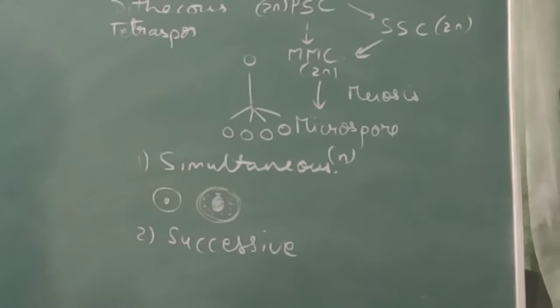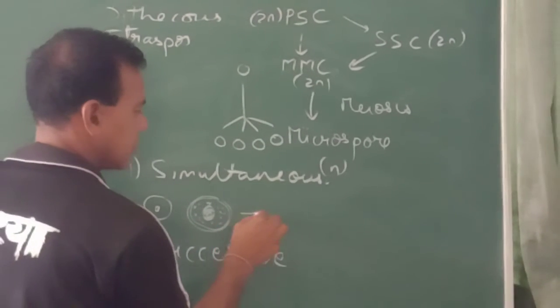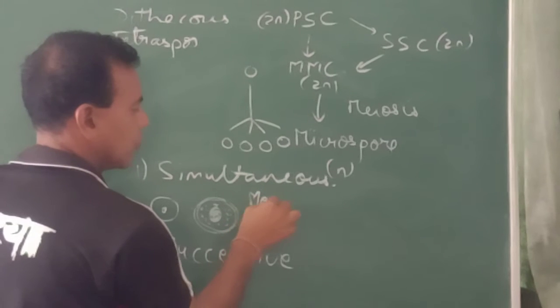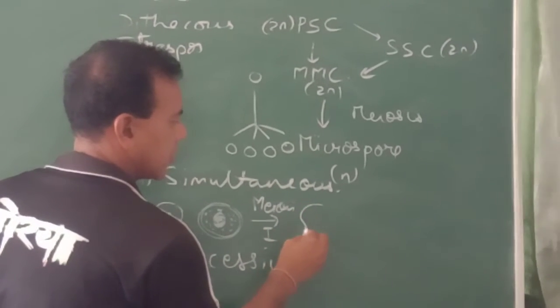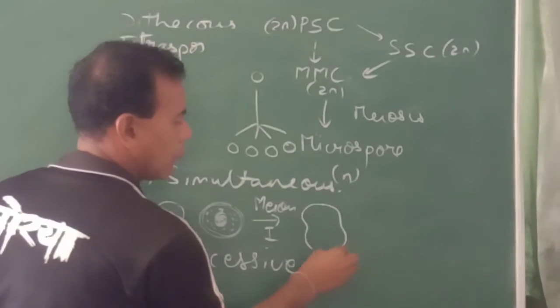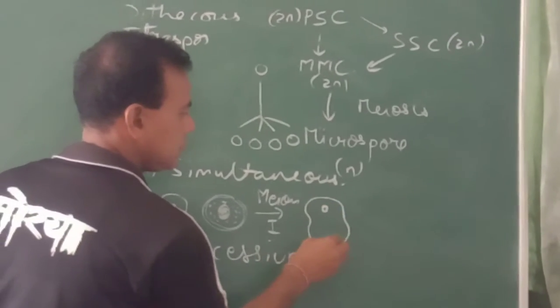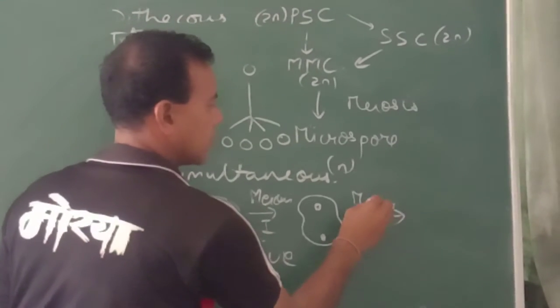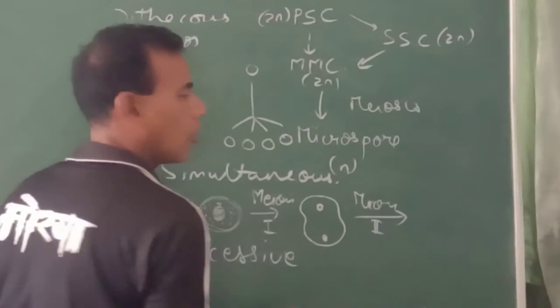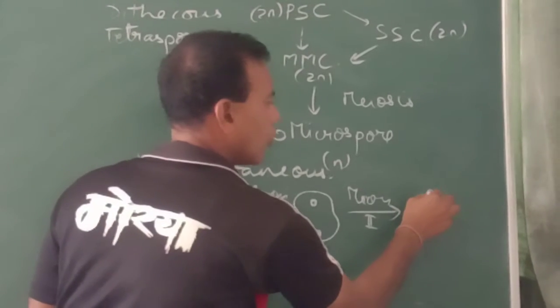It divides by meiosis first, which is known as reductional division, and there is no wall formation. After the second division of meiosis, that is meiosis 2 or equational division, 4 nuclei are formed